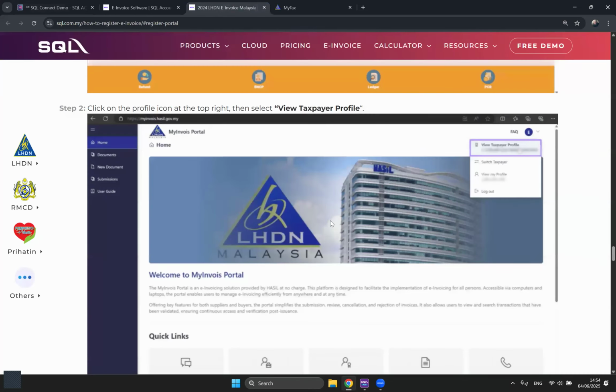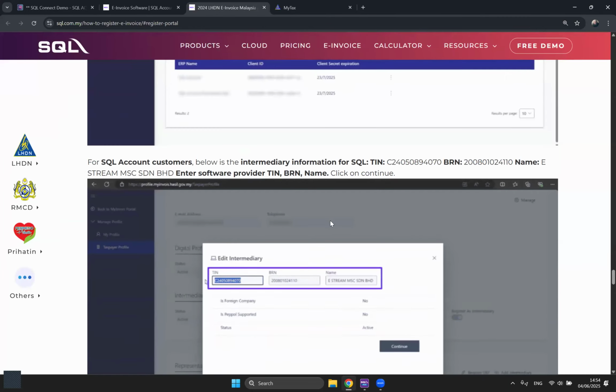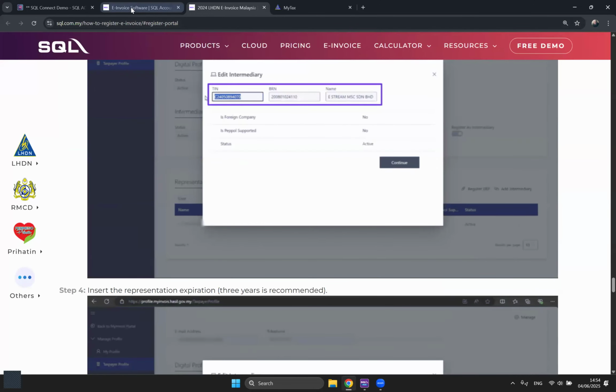Okay, so anything regarding the registration part? This one you can always